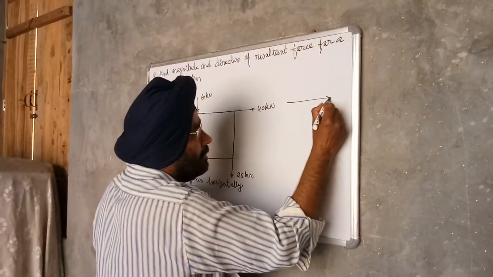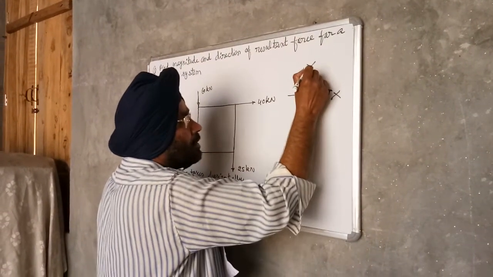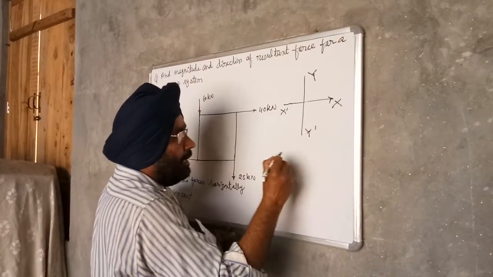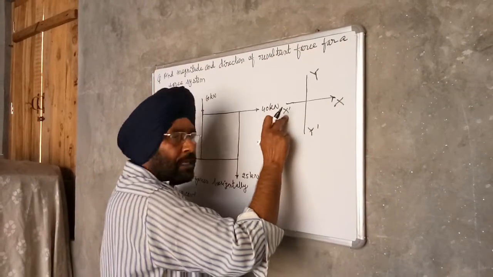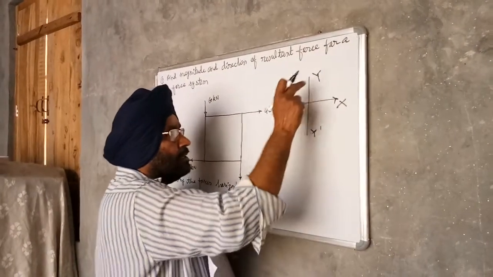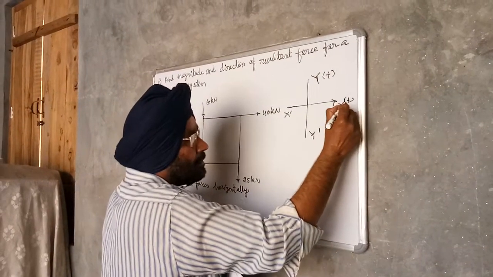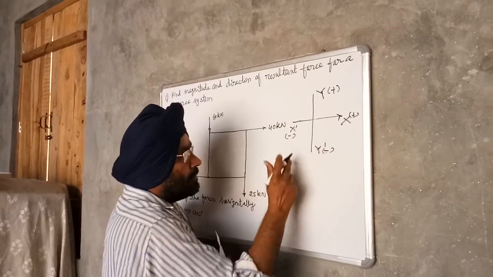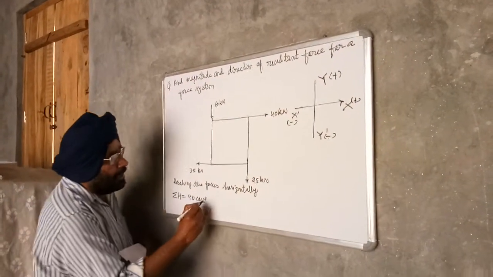So this is the x-axis and this is our y-axis. This is x dash, y dash. This is the positive direction of the x-axis. This is the negative x-axis, meaning x dash. This is the positive y-axis. This is the negative y-axis. This is the negative x-axis. So 40 cos 0 degree plus